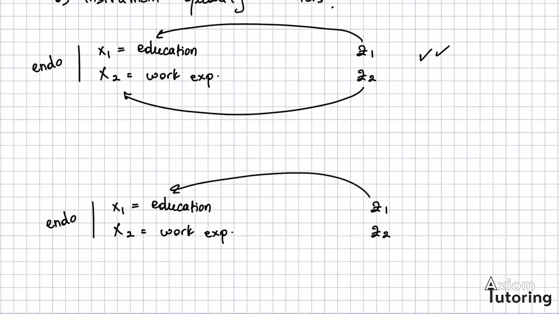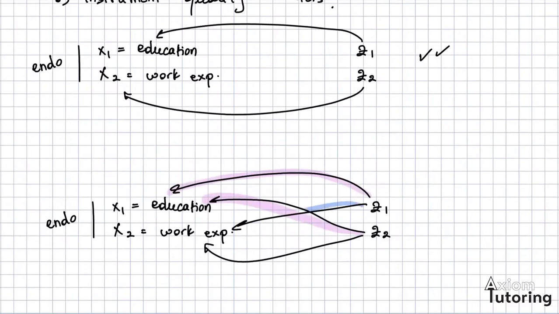So Z1 is affecting X1 and it's also affecting X2, and Z2 also does this, and this effect in here and this effect in here are the same. And let's say this effect in here and this effect in here are the same. That's why I'm using the same colors. What that means is that you cannot separate the effects. So in this scenario, even though you have a just identified model based on the order condition, it's completely useless